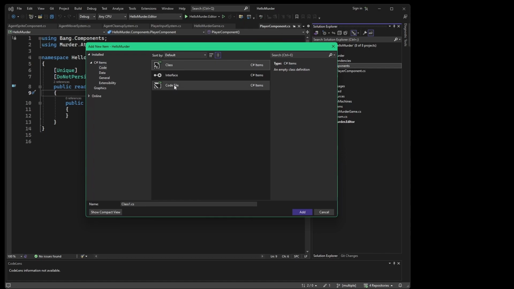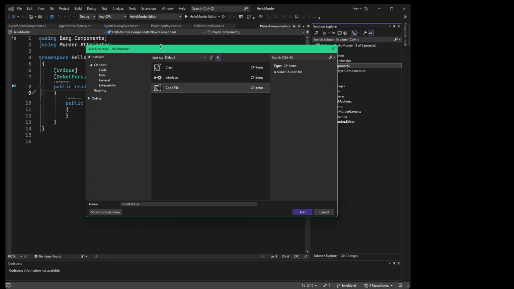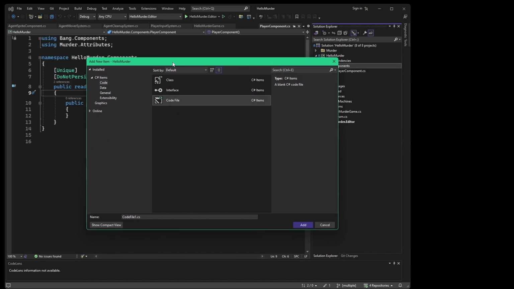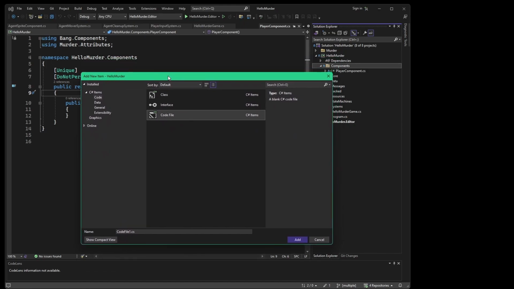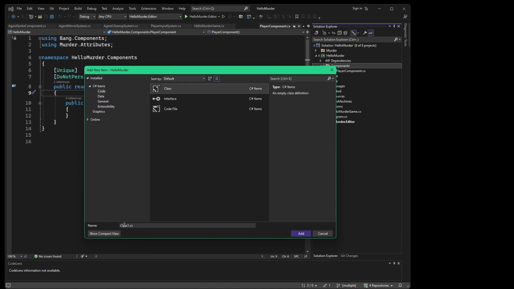And I could create a class, but I'm not actually going to use a C# class. I could just make a blank code file. However, this really is a truly blank code file and won't even include the namespace. So if we do make a blank code file, we have to type the namespace manually, and that's a bit annoying. So for the sake of demonstration, I will make a class, but just know that we will change it in a moment. I'm going to call it a health component,